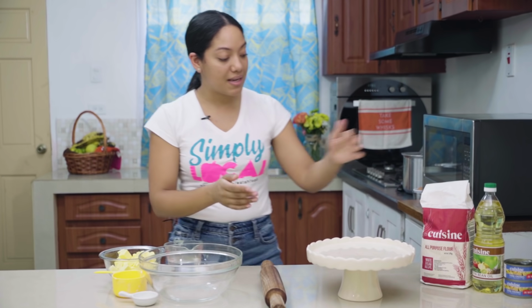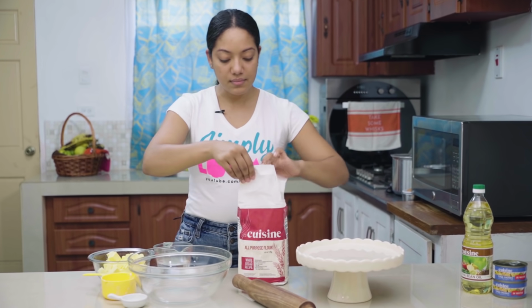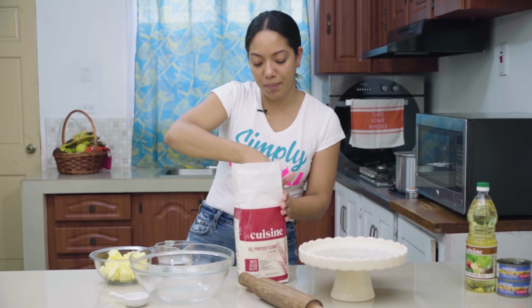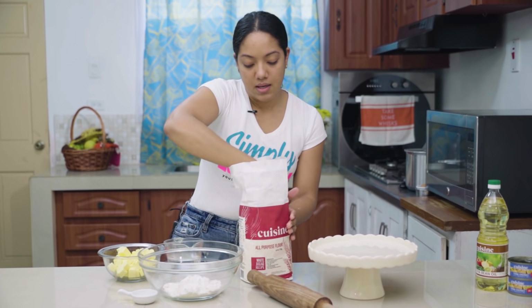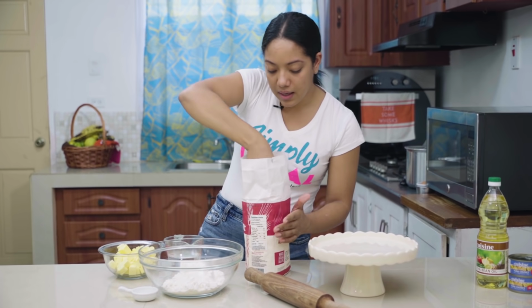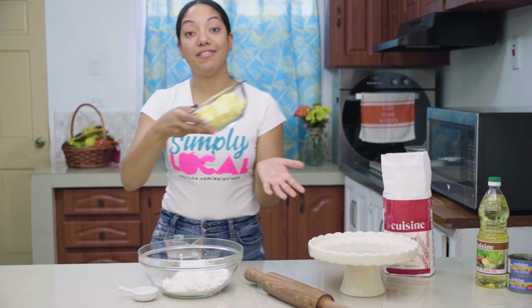Our main ingredient today is Cuisine All Purpose Flour, which I love and I use for all my baking. It's wonderful. And I'm just going to scoop 2.5 cups of the all-purpose flour into a large clean bowl, just as so. It's about 2.5. And then right here as well, I have 8 ounces of cold butter that I've cut into